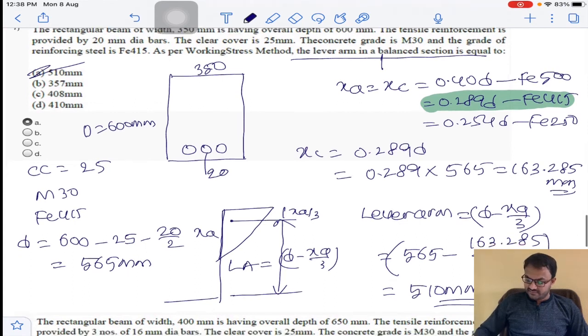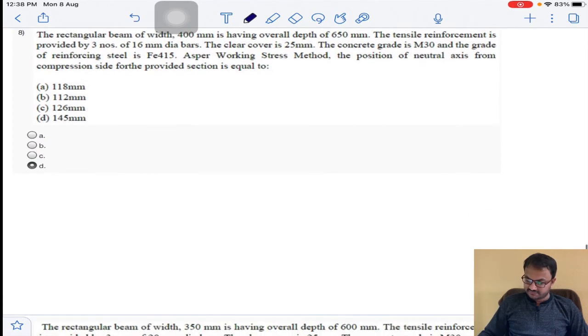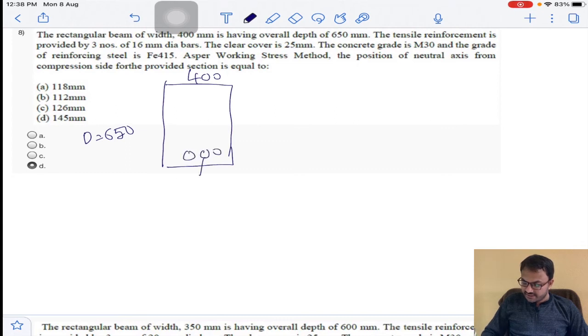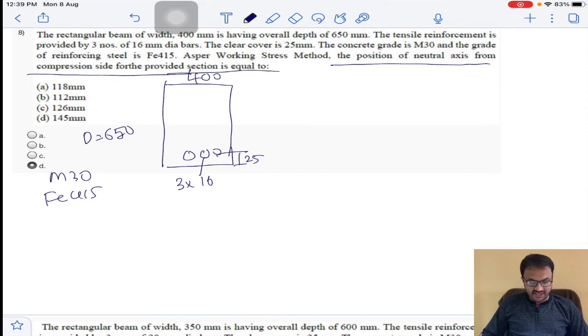Okay, and question number 8. The rectangular beam of width 400 mm and overall depth is equal to 650. The tensile reinforcement is provided by 3 bars of 16 mm. The clear cover is 25. The concrete is M30, Fe415 steel. As per working stress method, the position of neutral axis from compression side for the provided section is equal to, that is,